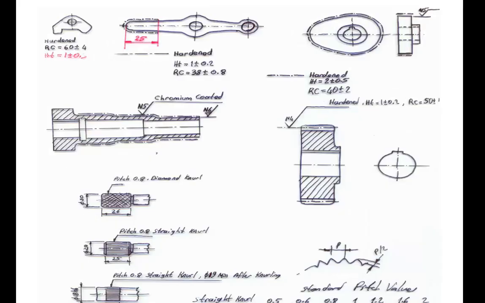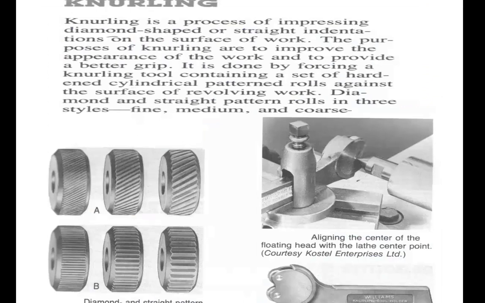then yes, on the technical drawing, well, with a leader line, indicate the knurled part and then write the pitch value and the type of the knurl, straight knurl, diamond knurl, and pitch. Pitch is the shortest distance between a protrusion and the adjacent protrusion. That distance corresponds to the distance between the indentations of protrusions of the